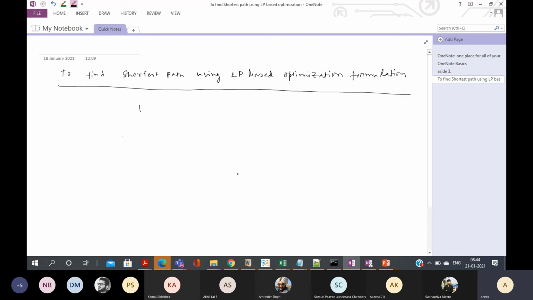To find the shortest path using an LP-based optimization formulation. Basically, this is OneNote.